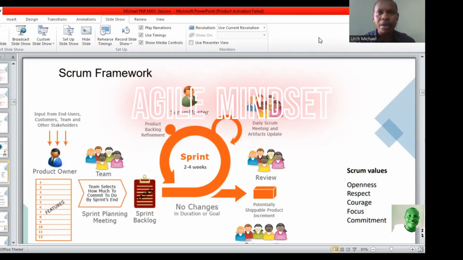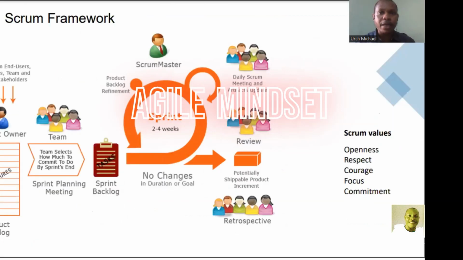Now, I want you to take a closer look at the picture we have here. You can see that we have the product owner, and right under the product owner, he's sitting on the product backlog. It simply means that it is the duty of the product owner to manage the product backlog.